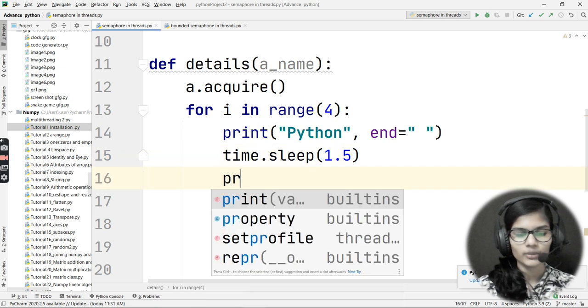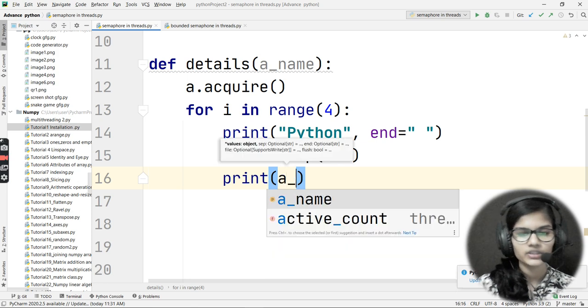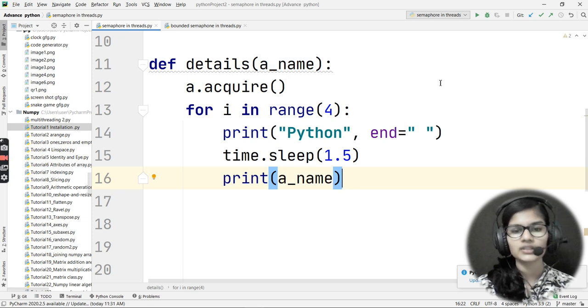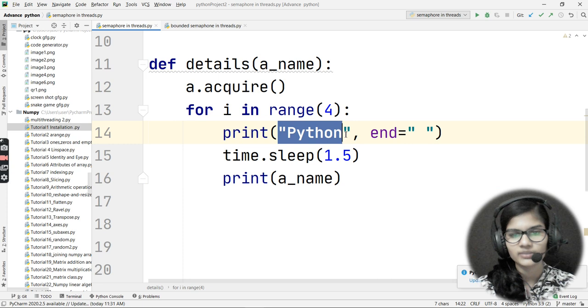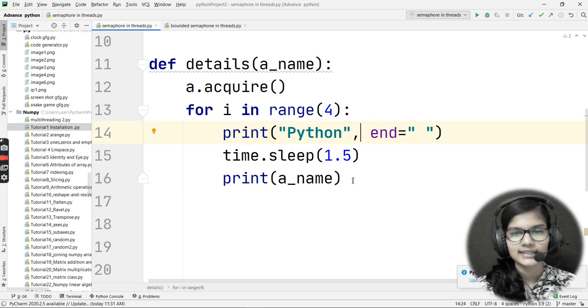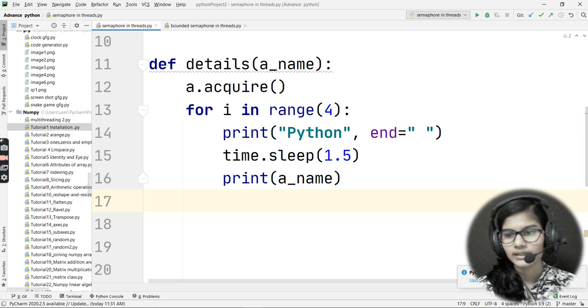I have done that, and I will come to the next line and use print, and inside this print statement I'll use the parameter which I have written inside my function, and that is a_name. So this a_name is actually having this particular name, which is Python, right? Now this point is absolutely right, and now what I would do is call my release function.